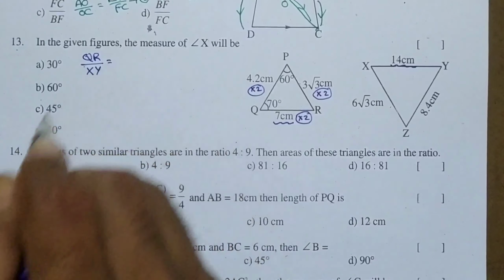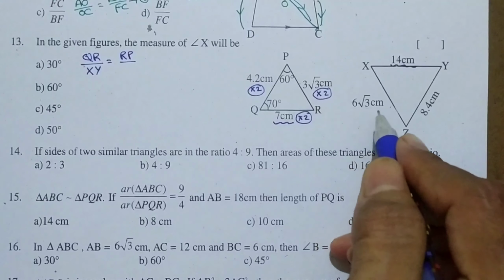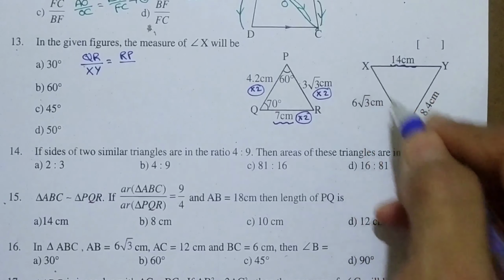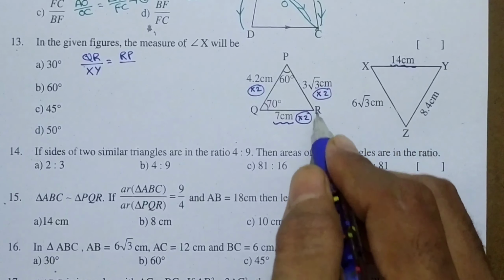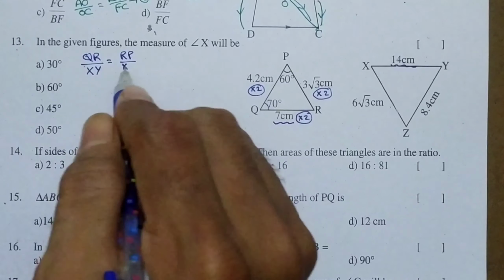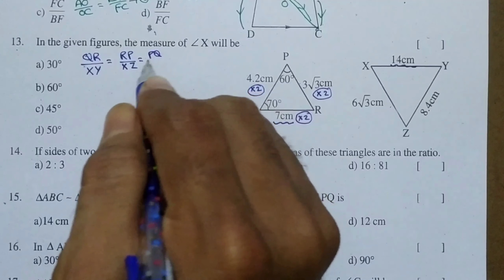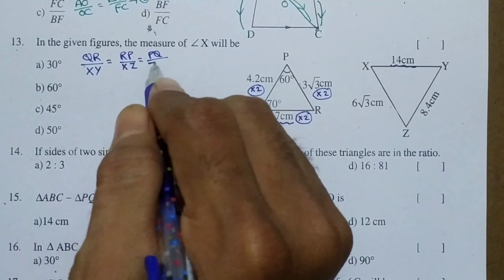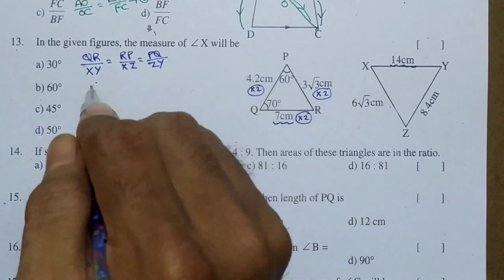QR by XY is equal to RP, here 3 root 3. See, 3 root 3 means 6 root 3. So here RP becomes XZ. Actually QR is XY and again RP, that 3 root 3, becomes XZ. So here we can write XZ is equal to PQ by ZY. So here I am writing it as ZY, right. So by SSS similarity criterion,